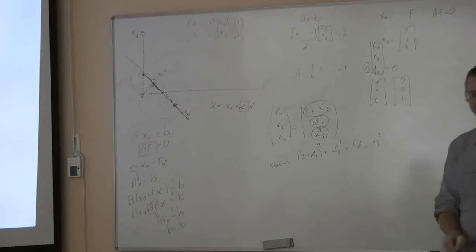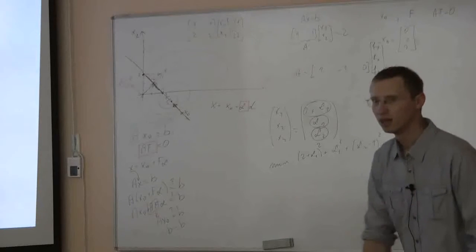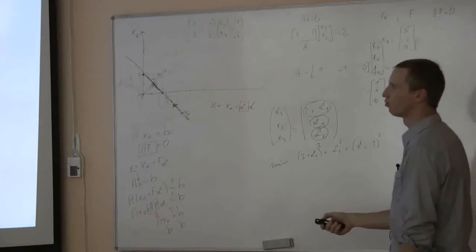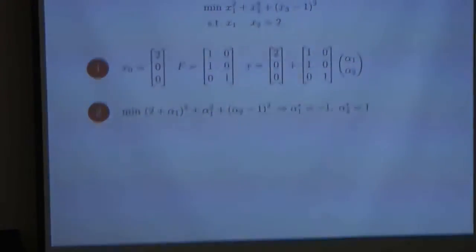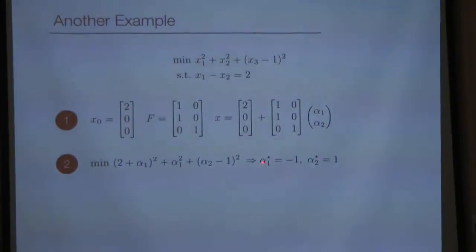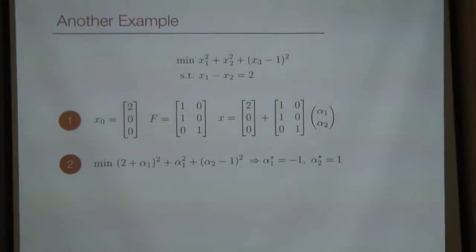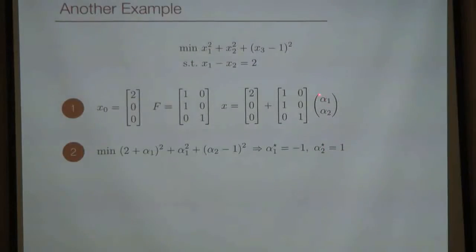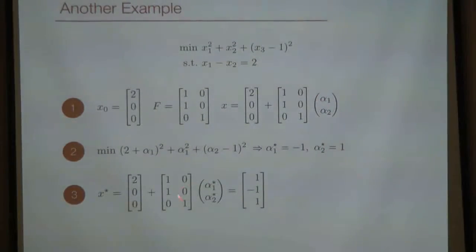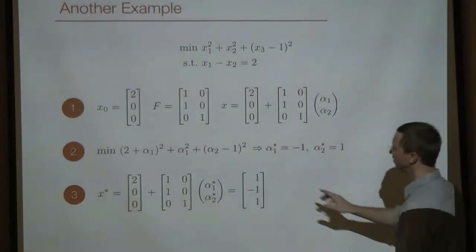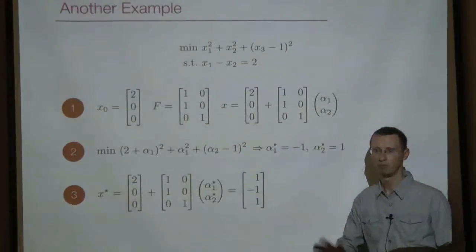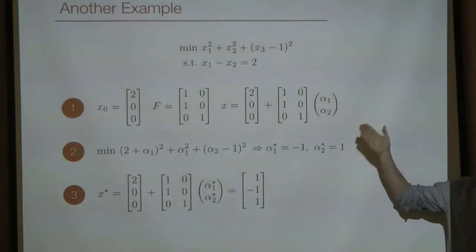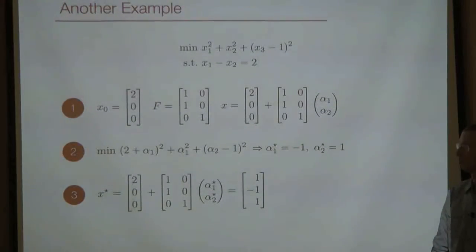This one, yeah, thank you. Yeah, there should be a square there. Okay? And these are non-constrained optimization problems in 2 decision variables. So we can easily solve that using analytic methods, and this would be the optimal solution. Okay? And then once we have the optimal alphas, we plug them back, and what we obtain is the optimal solution with respect to x. By the way, notice that if we would omit the final column, okay, pretend that we didn't include all necessary null vectors, then essentially